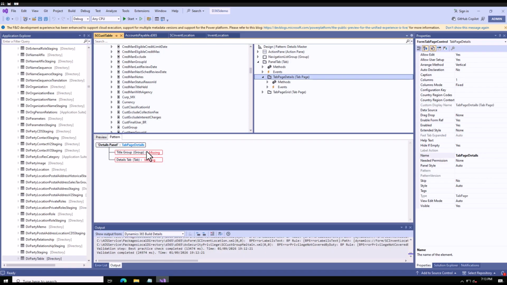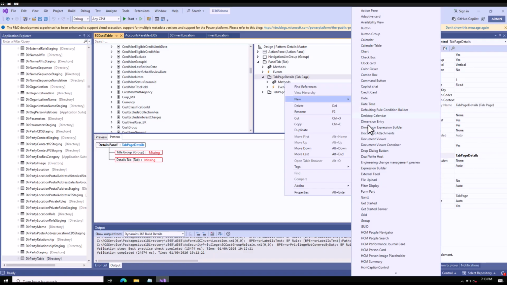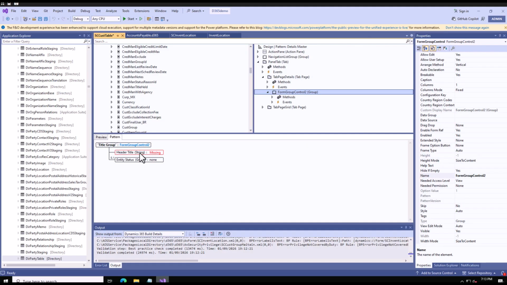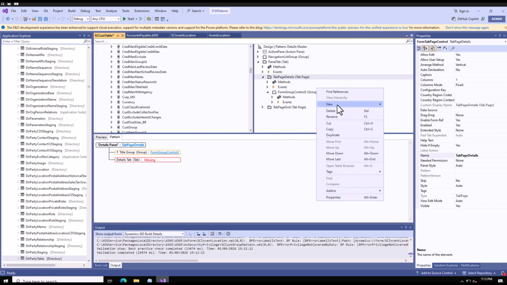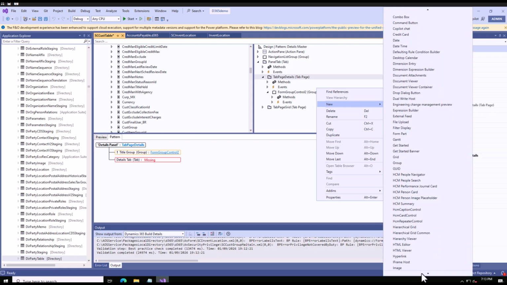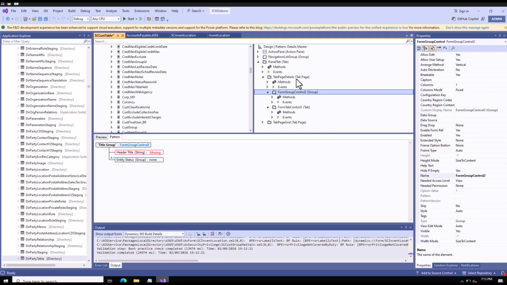Okay. So you need to create a group first. So I'll right click here and add a group. And then I will add a tab. Okay, group is completed. Now I will add a tab. So right click and I'll go to the bottom for tab. Okay, tab is here. Now the first thing is that we need to give a good name. I can see here this says details,